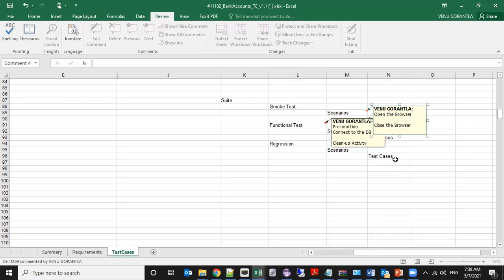And at the test case level, what do you have? You need to log into the application, each and every time you open the application. For Google, you don't need to log in, but for your application, definitely you need to log in. Without which you cannot go into the particular application. Log in and log out.